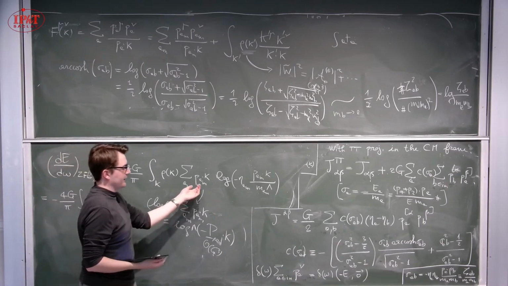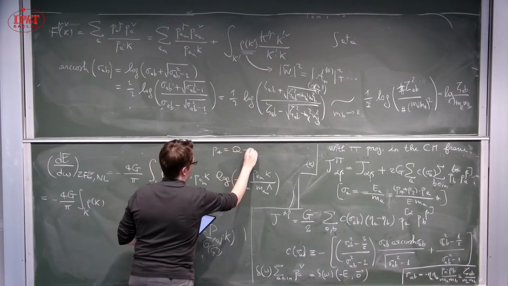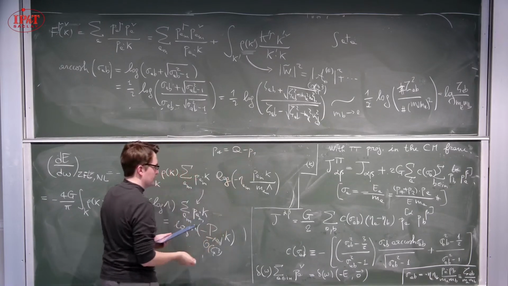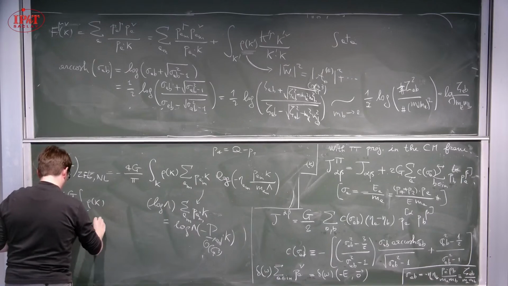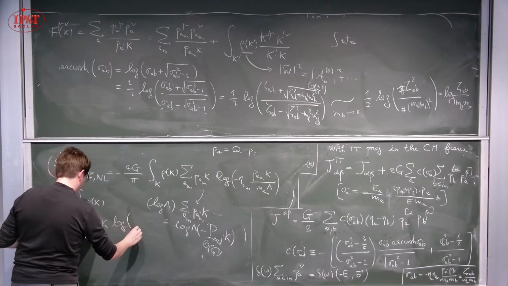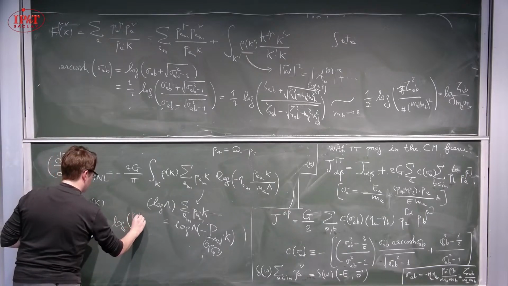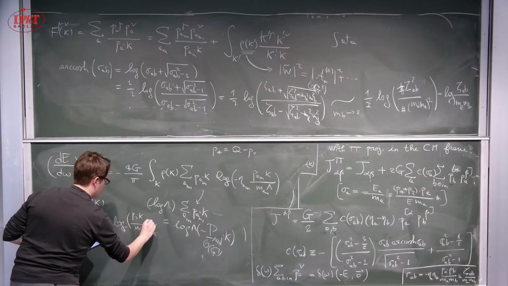So what happens is that you can Taylor expand, basically, right? Because you have P4 equal to Q minus P1, etc., and Q is small, so you get something proportional to Q. You get q dot k log of, say, p1 dot k divided by n1 and p2 dot k